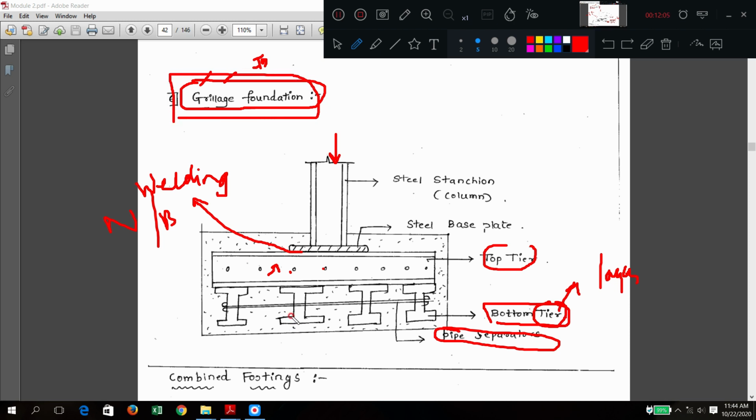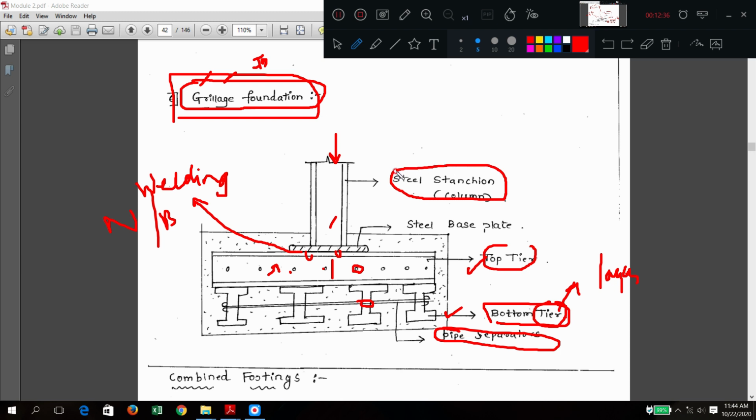Bottom tier using I sections joined by pipe separators. Again one more layer of I sections in another direction, again joined by pipe separators. Bottom tier, top tier. Above that, a steel base plate is there which joins the column and foundation. It is welded or nut and bolt connections are made, and over it the steel column will come.